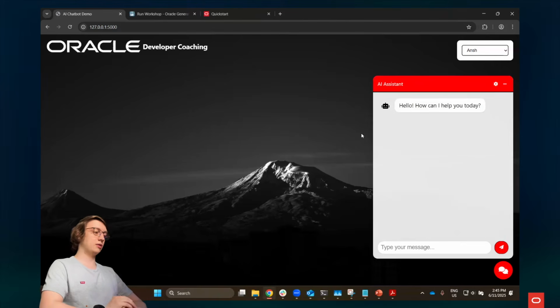Next, I want to show you how, for example, the API tool works. The example that I will be showing is the Weather API. OCI fully supports the OpenAPI format, and in the OpenAPI format, we can just paste in data to our OCI agent and then just call the APIs. So this is what I have done with the Weather API. For example, I will ask a question: what's the weather in Tokyo?